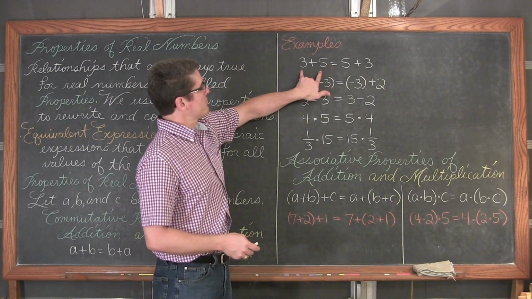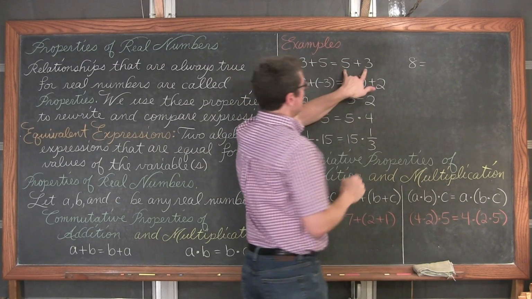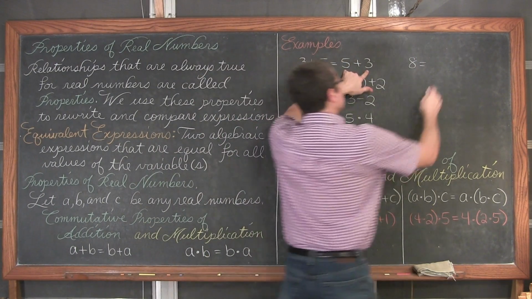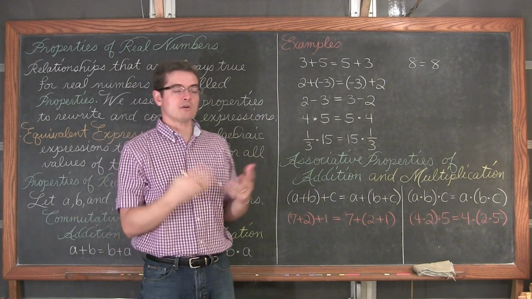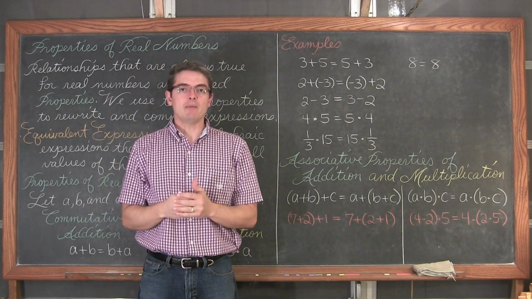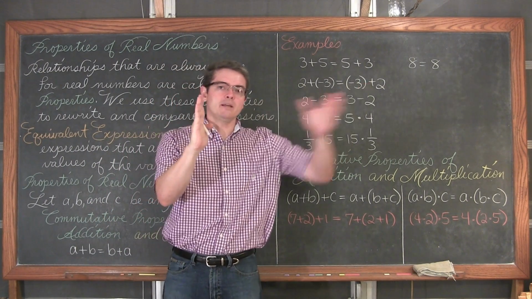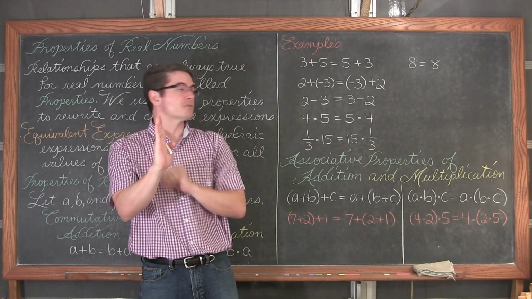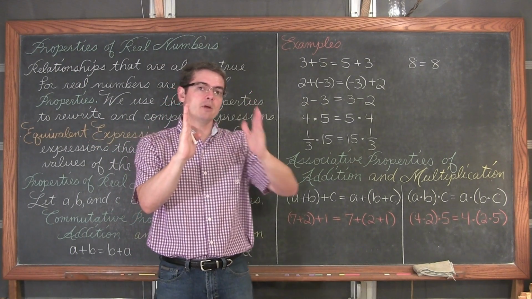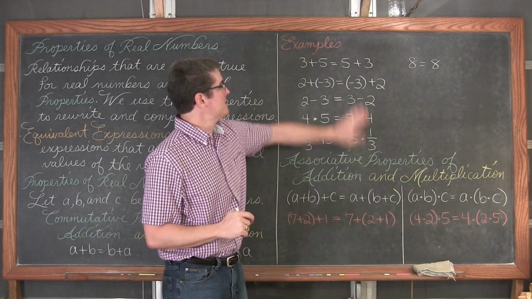So we have 3 plus 5, which is equal to 8. And we have 5 plus 3, which is equal to 8. Hopefully we just know that from earlier years of learning math. But when you add on a number line, you move to the right, and when you subtract, you move to the left. Or when you're adding negative numbers, you move to the left. So from 0, we move right 3, and then right 5 more. That's of course going to give us an answer of 8.